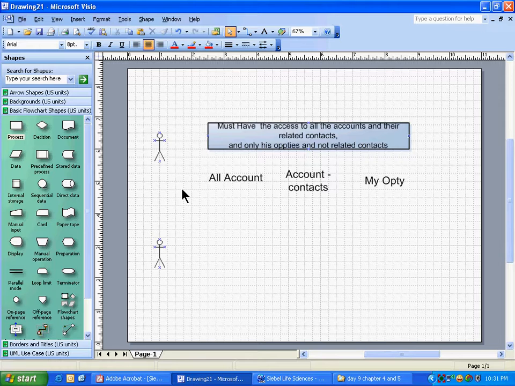Third is which accounts he can see. Responsibility has all three purposes at the end of the day. But it does not define what he sees in that view. Responsibility just defines that he will see this view. What he sees in that view is defined by position.